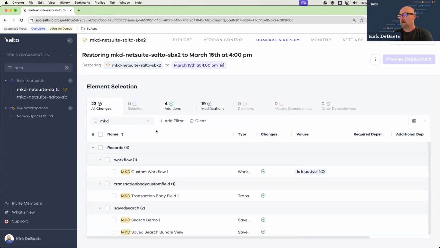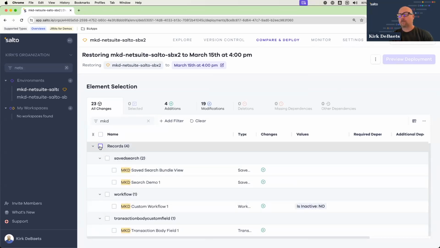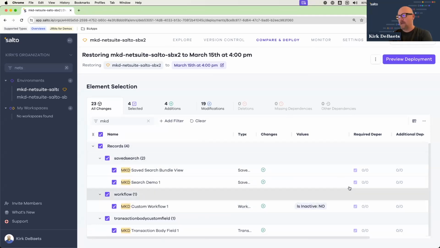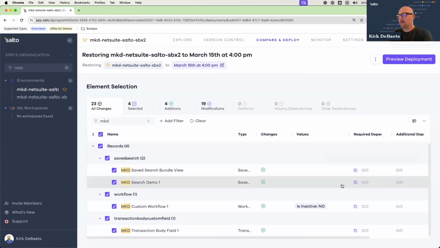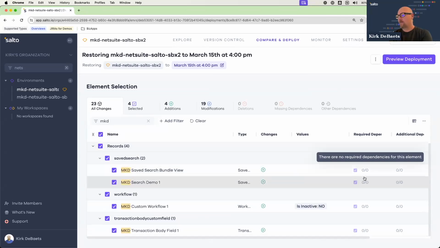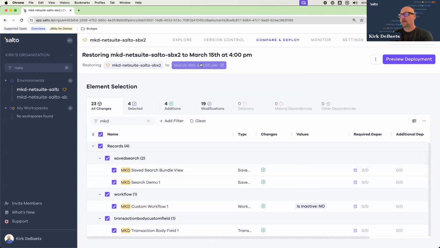And we can see here that I've got a couple of saved searches, a workflow, and a custom field that got wiped out over the weekend. So I'm going to go ahead and select all of them. Now, in my particular case, I don't have any dependencies on these, but had there been a dependency that was not already in my current environment, as compared to my March 15th at 4 p.m. environment,